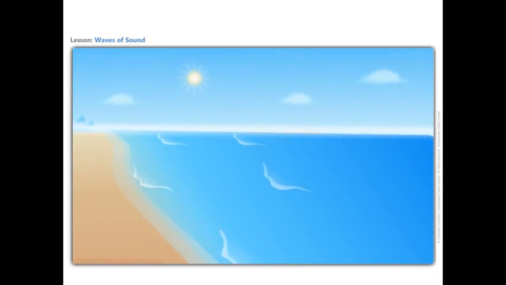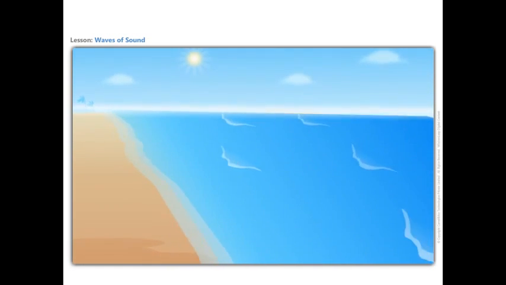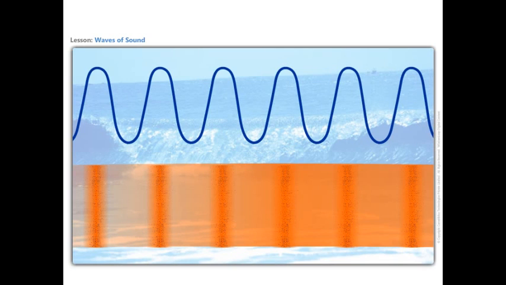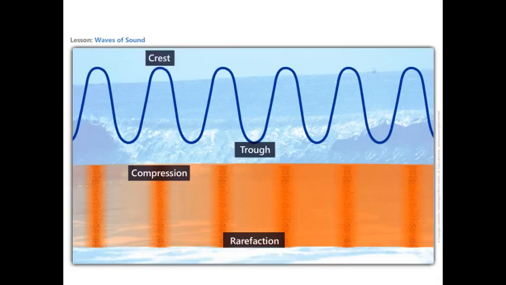Let us look at the characteristics of a sound wave. A sound wave more often is compared to a water wave. Think of the water waves that you have seen when you have visited the beaches. A wave is always famous for its up and down features. The upper portion of the curve, or the peak of the wave, is called the crest. It represents the region of higher particles in a sound wave, and it is a compression. The lower region of a wave, or the valley, is called a trough of a wave and represents the region of lesser pressure and particles, which is a rarefaction in a sound wave.